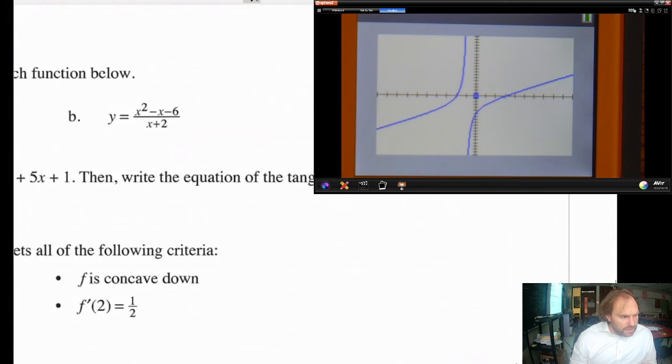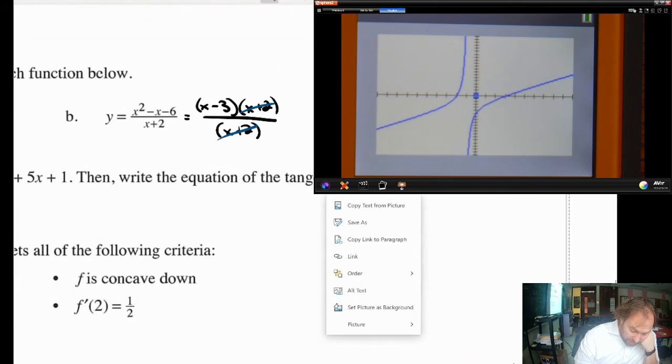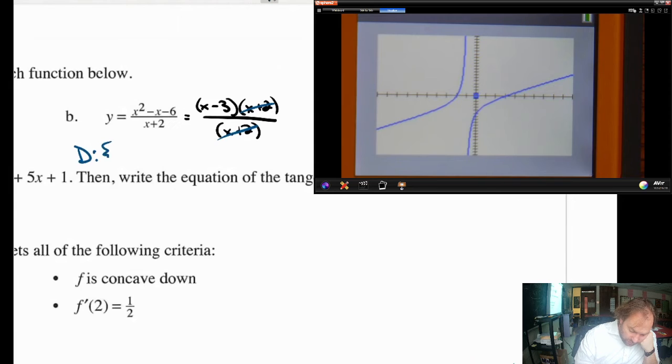For graph B, in this one we have the same top there. We have x minus 3 and x plus 2? Yeah, it's the same as the last function, only the bottom is changed to x plus 2, which is going to kind of cancel out. It doesn't actually cancel out. What happens here is the domain is the same. The domain is still all x's such that x is not equal to negative 2. But now the graph is going to look exactly like the graph of just x minus 3 on its own,